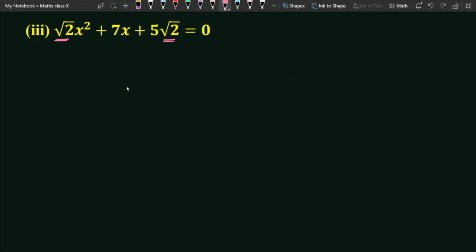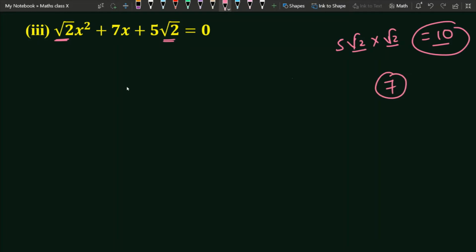Now what we need to think: 5 into root 2. 5 root 2 multiplied with root 2, you first multiply this. 5 root 2 multiplied with root 2, you get 10, because under root 2 is 2, and 2 multiplied with 5 is 10. So you just have to think of two numbers which multiply to give 10, and by addition or subtraction you get 7. So it is 5 into 2 only. 5 2s are 10 and 5 plus 2 is 7. So this middle term will split this 7x as 5x and 2x, equal to